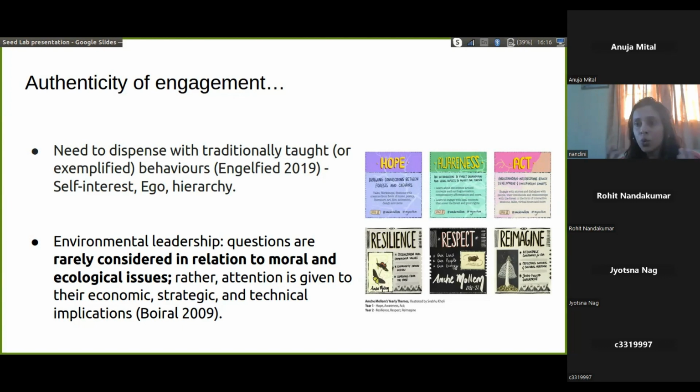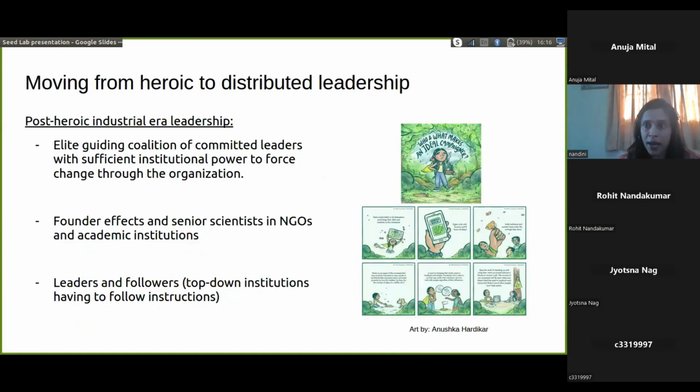And we also need to think about environmental leadership, not only for research, but also more broadly. So what are the relations, for instance, to ecological and moral issues, and giving attention to those, rather than just giving attention to strategic, economic, and technical implications of what we do. And this is also something that I feel, in terms of some of the thinking that we can cultivate and some of the thinking that might be applicable to our fields, is